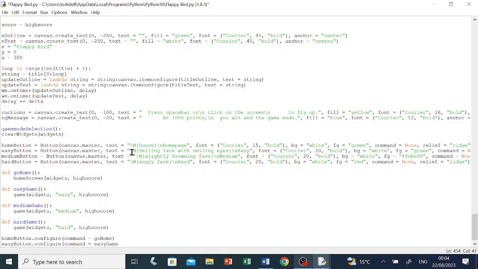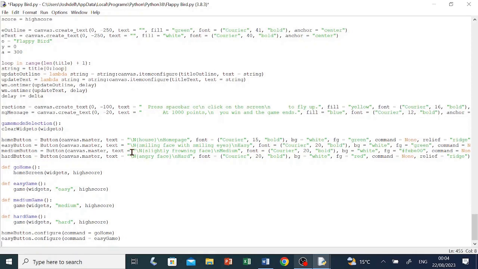Make sure easy game has a capital G, close brackets, enter, medium button. Make sure medium button has a capital B, dot configure, open brackets, command, space equals space, medium, capital G game, close brackets, enter,